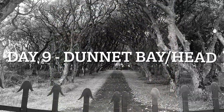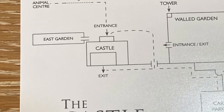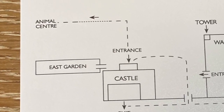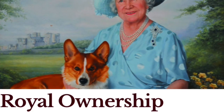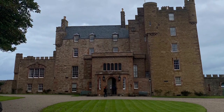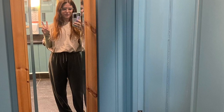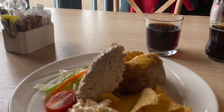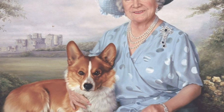A new day, and I spontaneously decided to stop at this castle, mainly because it said it had an animal centre, I'm not going to lie. And the sheep were probably the highlight of the day. But it was called the Castle of May, so it was the Queen Mother's castle when she was alive. And I actually found it really interesting, especially the corgi. Her favourite corgi was called Ranger. And I used to have corgis, so...